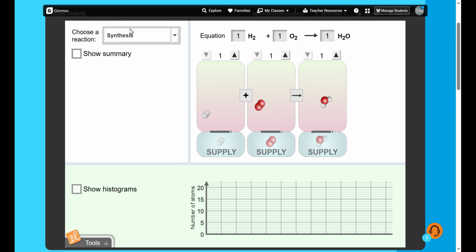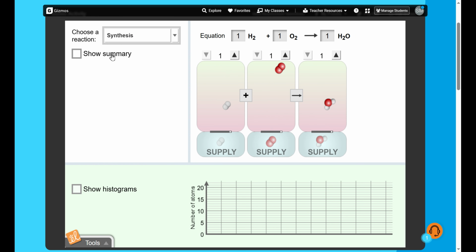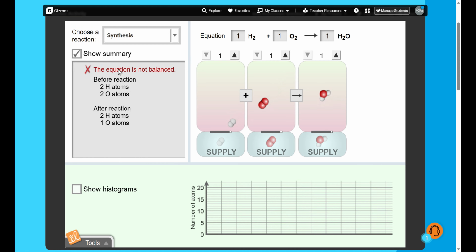The first set of reactions is a synthesis reaction. We can choose later single replacement, decomposition, double replacement, or combustion reactions. For now, we just do synthesis. We can show the summary to tell us whether or not our equation is balanced, and we can use our histogram here to show the number of atoms in each reaction before and after the reaction, and for each type